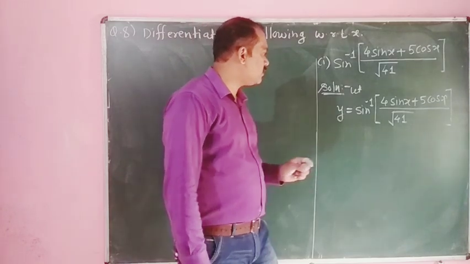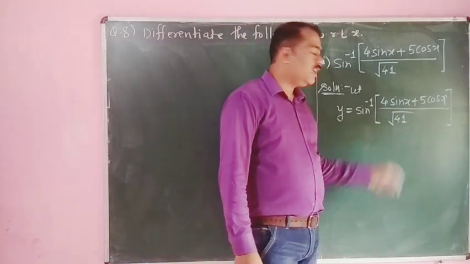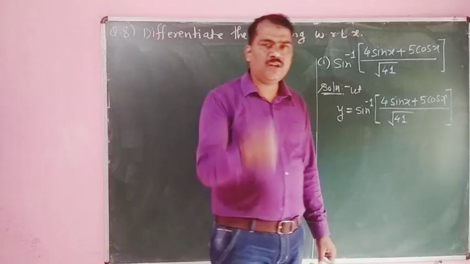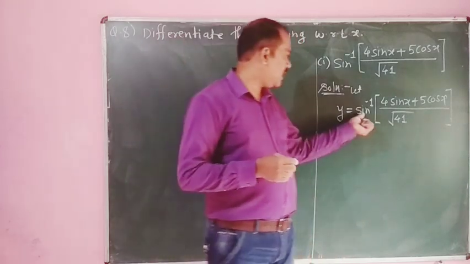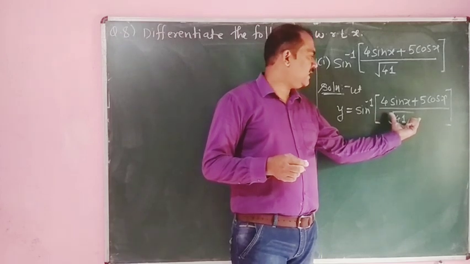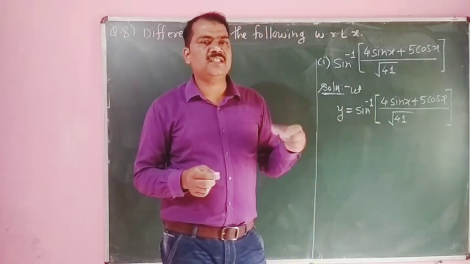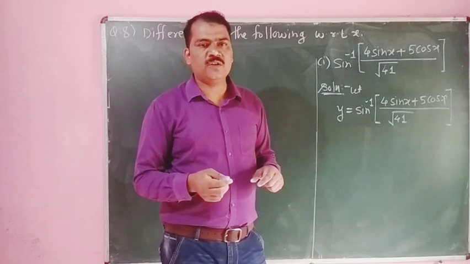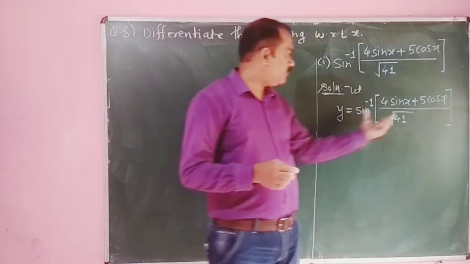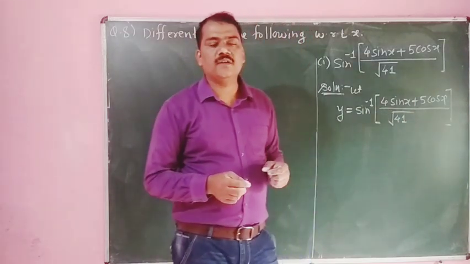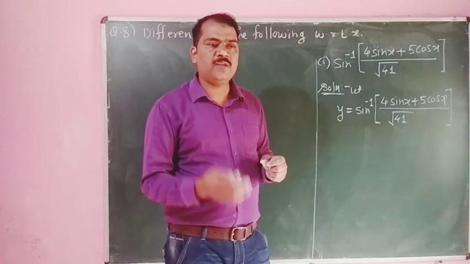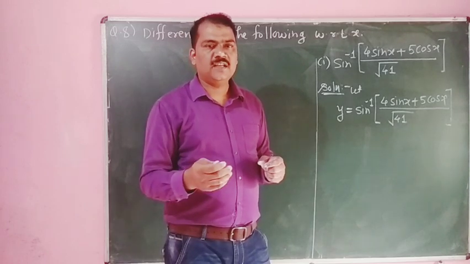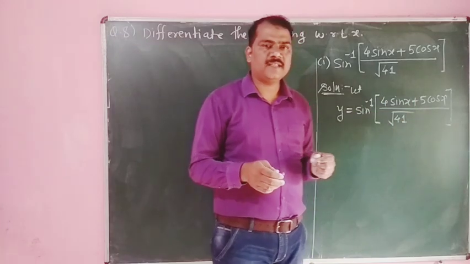Let y is equal to sin inverse of (4 times sin x plus 5 times cos x) divided by under square root of 41. Before discussing this example, I already told in the last video, if sin inverse is there, the value of whatever is in the bracket must be in the form of sin or cos. If it is in the form of sin, we can easily use the formula sin inverse of sin x is equal to x. If the value of this bracket is cos x, by using the allied angles formula, we have to transfer this cos x into sin, that is cos x is nothing but sin of 90 minus theta.